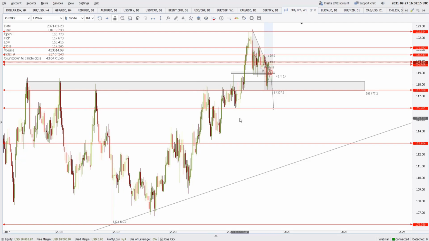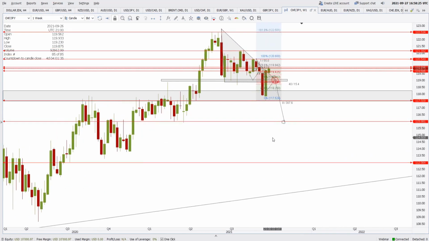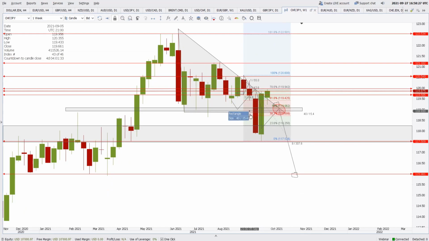But once the price broke above this, it went all the way up to 122, but has never been able to test this level. And last Friday, when the price came down to this level to test it as a fresh support, we got a bullish engulfing candle at weekly